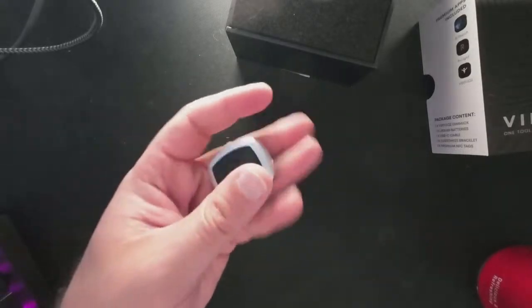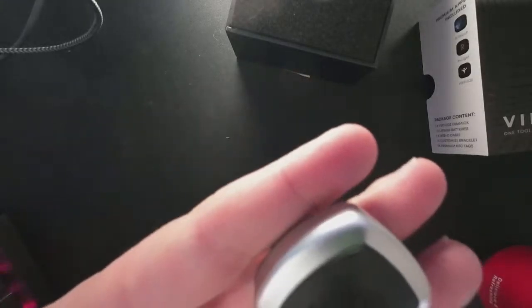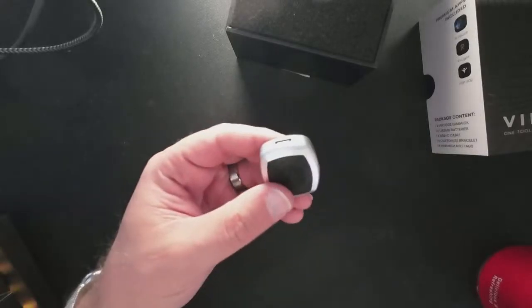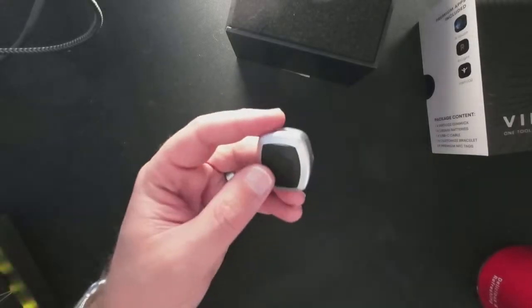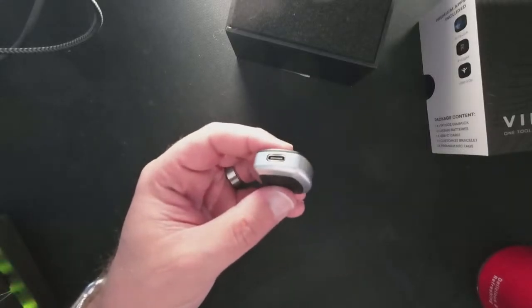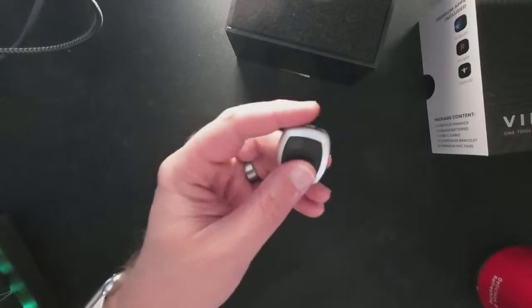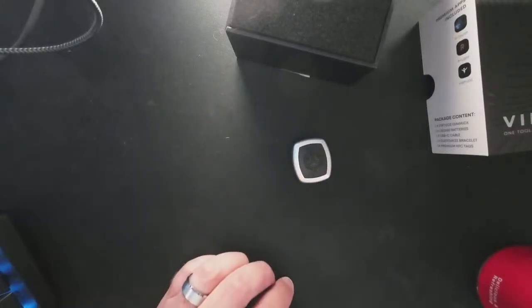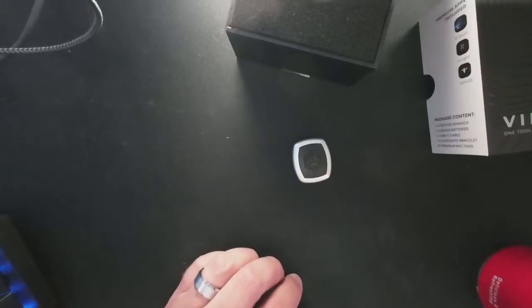There's magnets in it, and man, it knows it's there. It's telling me. I have a coin on the way. I should get that from Penguin Magic tomorrow. You can get the crease coins from, I think I saw a link somewhere on Ellusionist to get those from Ellusionist. I also know that Magie Factory carries them, and they're supposed to be like some of the highest quality, strongest magnetic force that you can get. And so that's